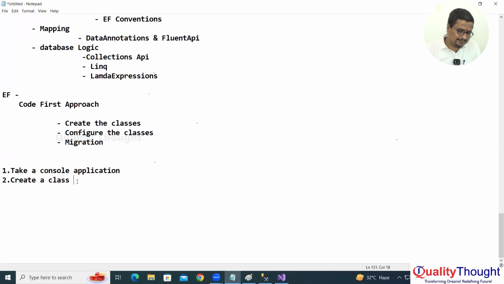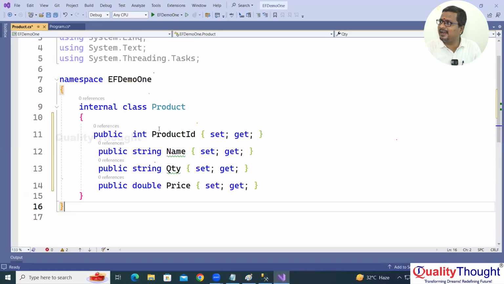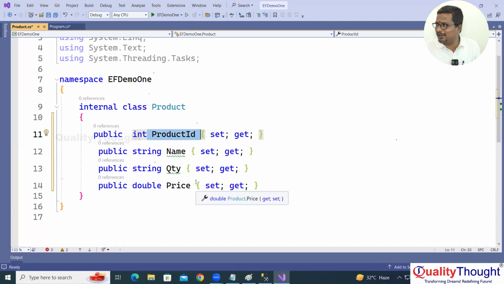What is the third step? Configure a class. To configure a class you need Fluent API and data annotations. At least you need data annotations. But now in the backend table, when you created the table, you made ProductId the primary key, right or wrong? Right, in the backend table you made ProductId the primary key, but how to make